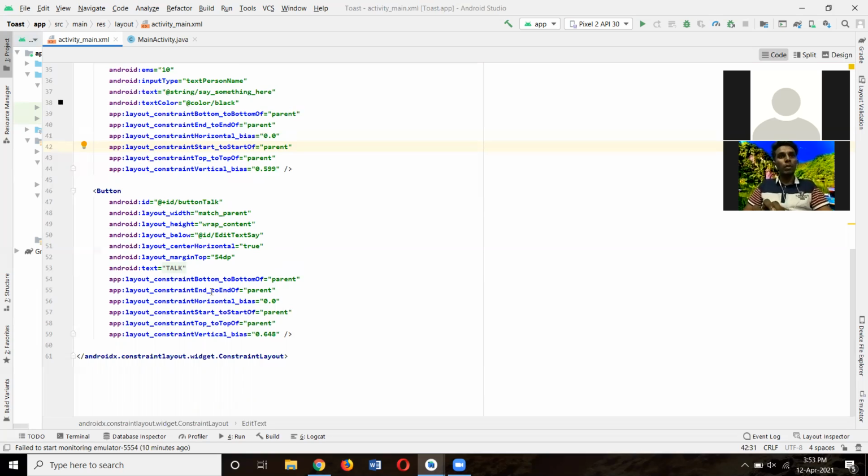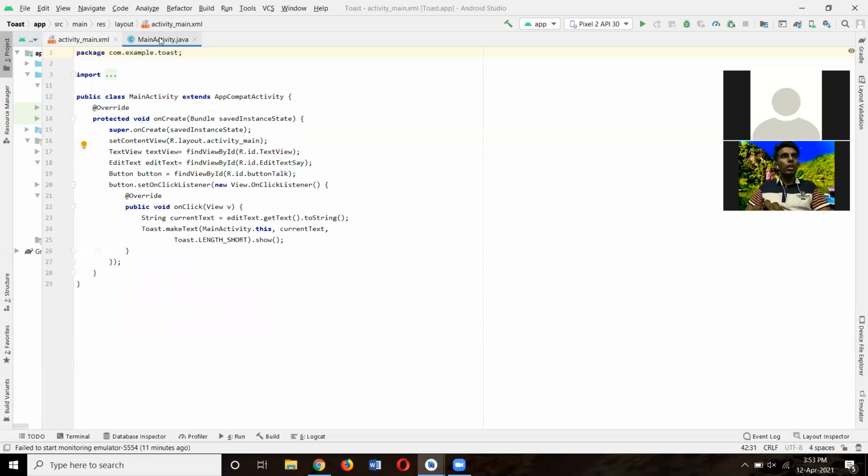Layout constraint end to end of parent. Layout constraint horizontal bias 0.0. Layout constraint start to start of parent. Layout constraint top to top of parent. Layout constraint vertical bias is 0.648.